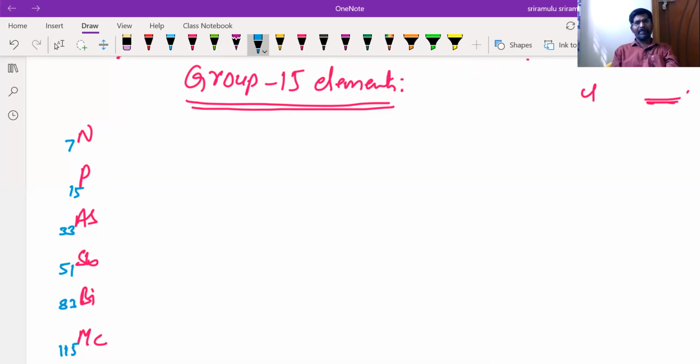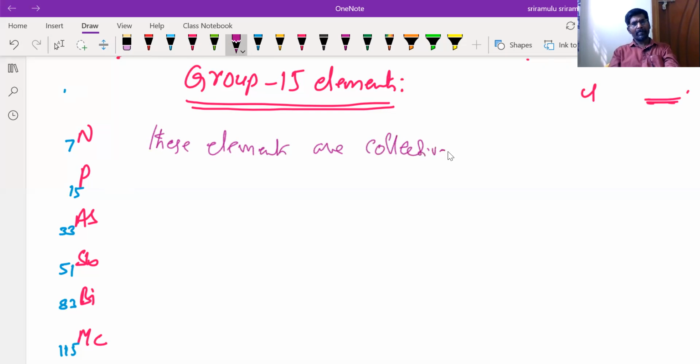Okay, so the last element name is moscovium. Once again: nitrogen, phosphorus, arsenic, stibium, bismuth, and moscovium. Now the 15th A group elements are these elements. These elements are collectively known as